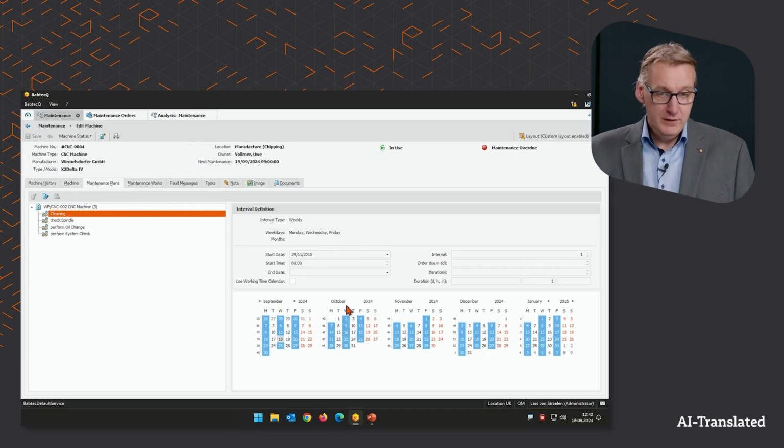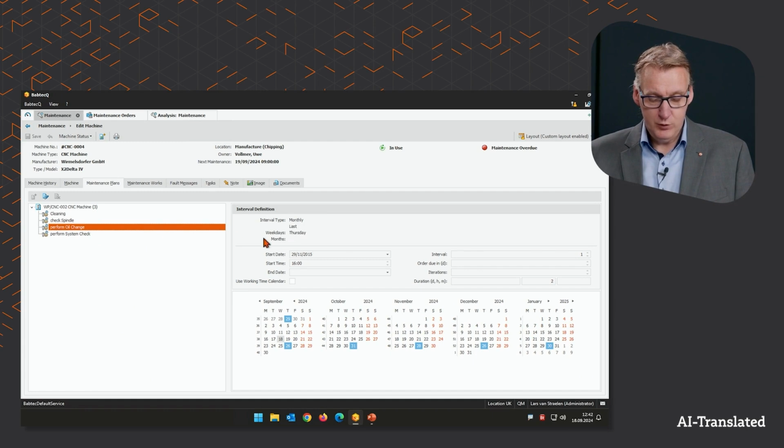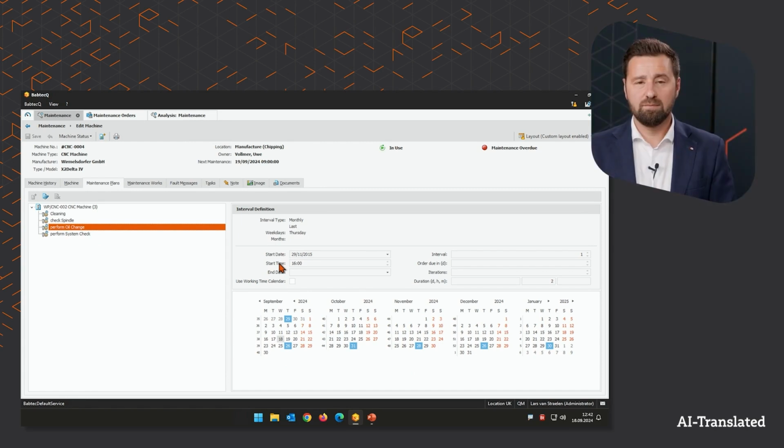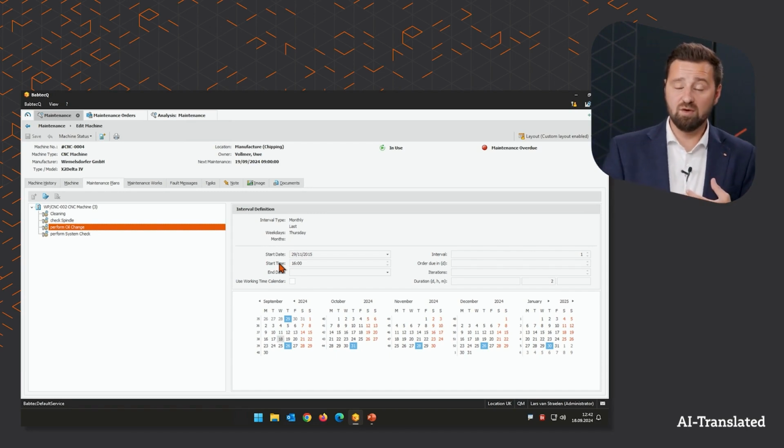Each of these steps that is recorded in the maintenance plan can, of course, have a different interval. For example, if I go to the check, then you can see that I have a monthly schedule here. Right. The oil change is also carried out monthly, but only once on the last day of the month, which is displayed here accordingly. The oil change might also be a good example of maintenance that may not be subject to a specific time interval. Depending on how long a machine has been running, so operating hours, or how much it has produced, do I need to do the oil change maybe earlier or later?